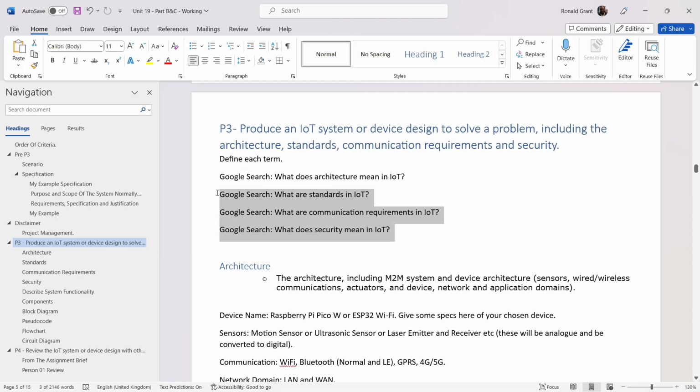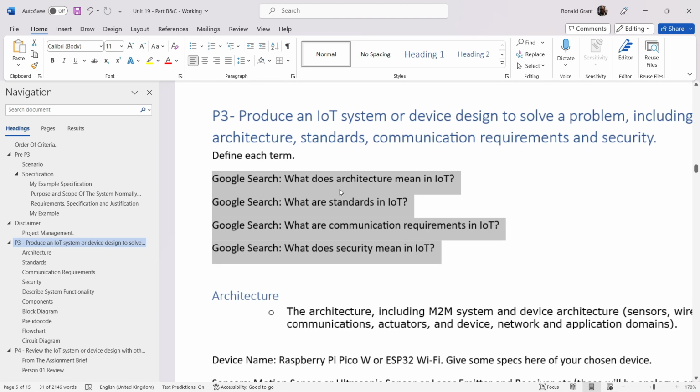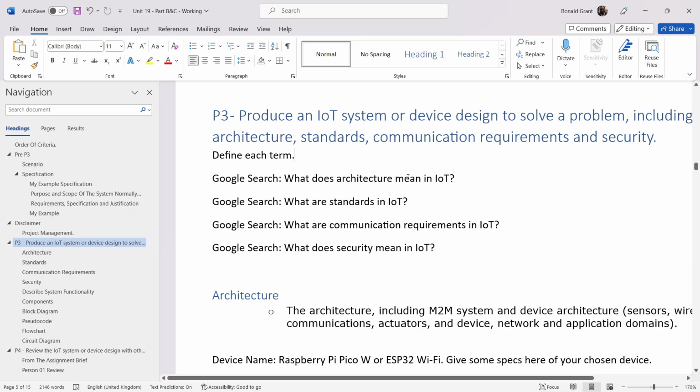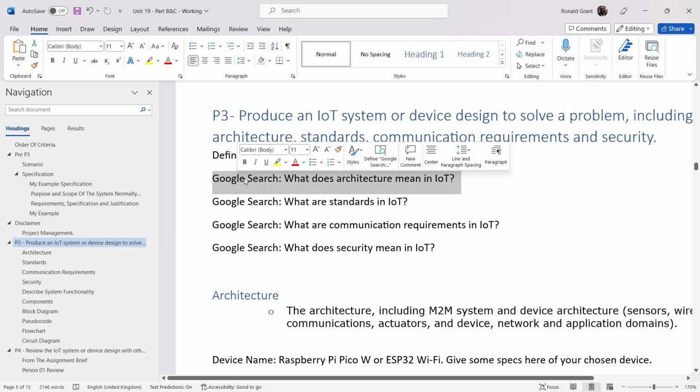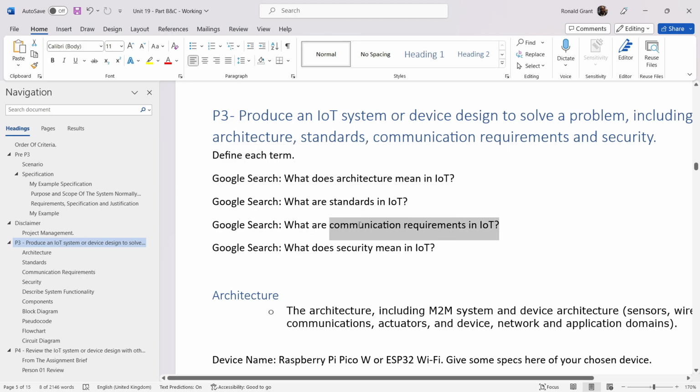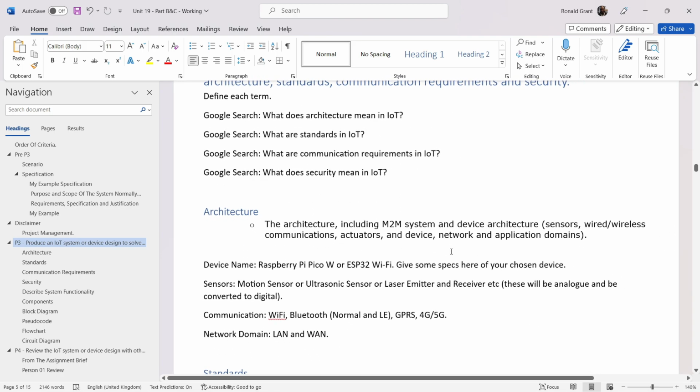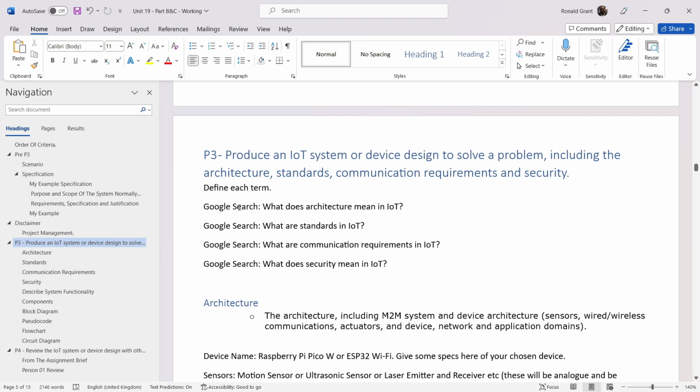So let's define each term in the context of IoT. Google search, what does architecture mean in IoT? Google search, what are standards in IoT? Google search, what are communication requirements in IoT? Examples of them. Google search, what does security mean in IoT? And this way you're going to have a nice first mini paragraph of 4 sentences, to be fair,